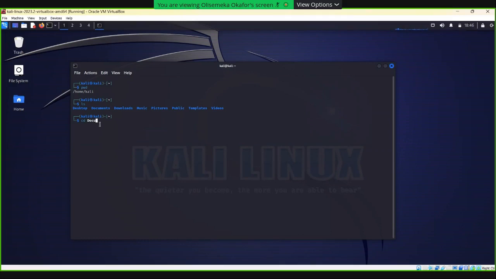And in order to leave, so we're in Kali right now. If we want to go into documents, what we need to do is use the command cd. And cd stands for change directory. Okay, pwd is present working directory. cd is change directory. So we're in Kali and we want to change our directory from Kali to documents. So here we type cd, then space, then documents.